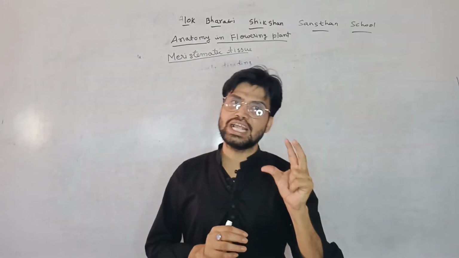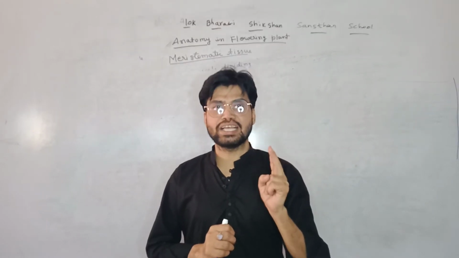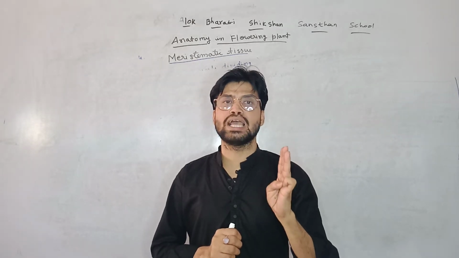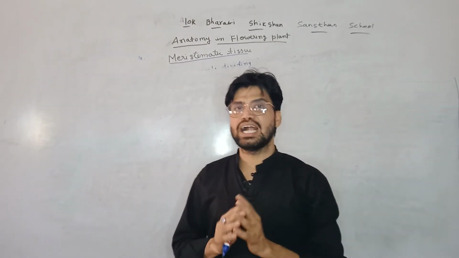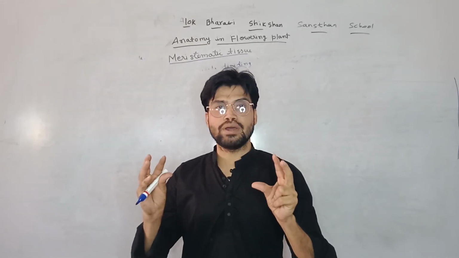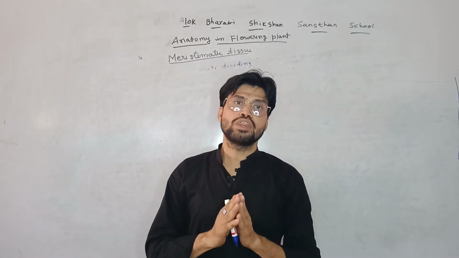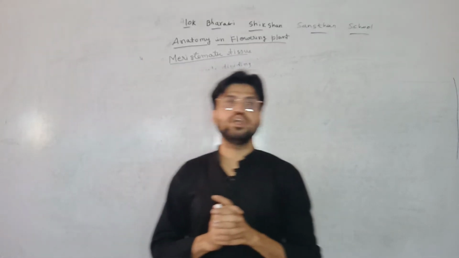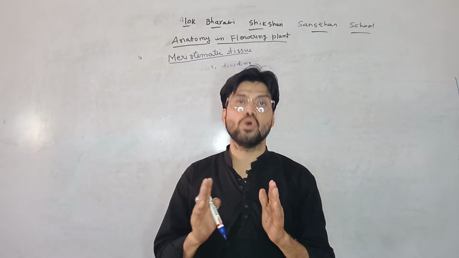Meristematic tissue is again subdivided into three categories: apical, intercalary and lateral. These three you can remember by one common term, that is Ali. I already discussed this. After that there is permanent tissue, which attains a permanent shape, size and structure. This permanent tissue is again divided into simple permanent tissue and complex permanent tissue, and we already discussed all of those.